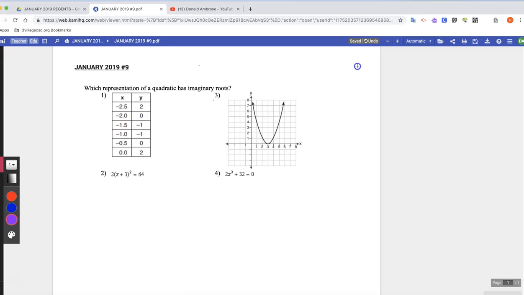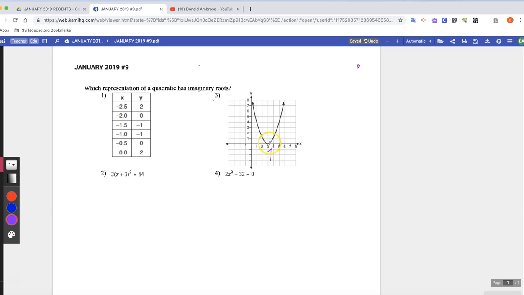Hello, and welcome to my video on the January 2019 Algebra 2 Regents, question number 9. In this problem, we are asked which representation of a quadratic has imaginary roots, and the quadratic functions are presented in different forms. So I'm going to start with choice number 3, which has a graph as a quadratic, and